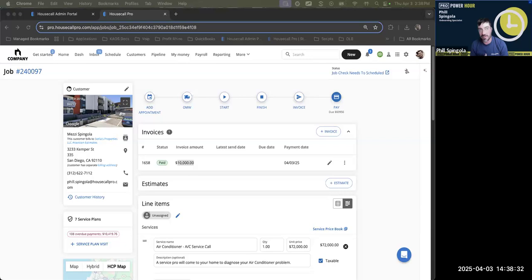I have worked with some pros who like creating one invoice or one work order for the whole project and then dividing it up into segments. That is a manual process, but yes, you can do it.